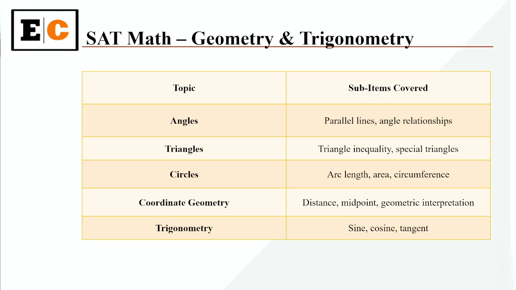Then we will head on to the circles topic and start with the very basics: what circles are, what area, circumference, arc length, and the sector of a circle are, and with these core concepts we would be solving the majority